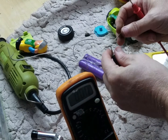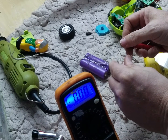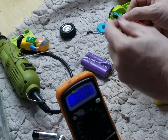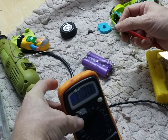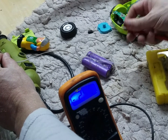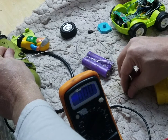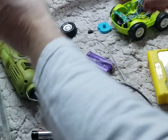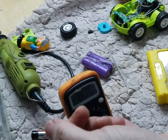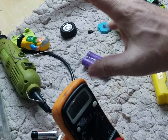So let's see what this one has over here. And that's why we test stuff to see if it's gonna work or not. Okay, so that one has 3.5. Isn't that interesting? How I have that wired on the different cable run. And the other one is 3.6. So 3.5 plus 3.6 is going to be a total of 7.1. Cool. So if it's 7.1 volts coming out of here,